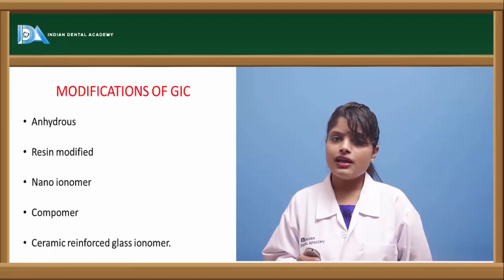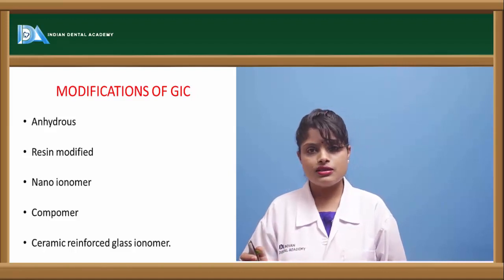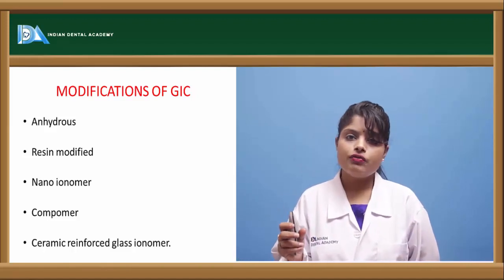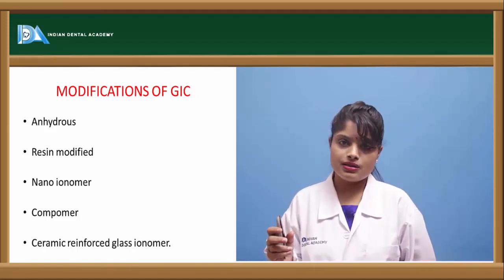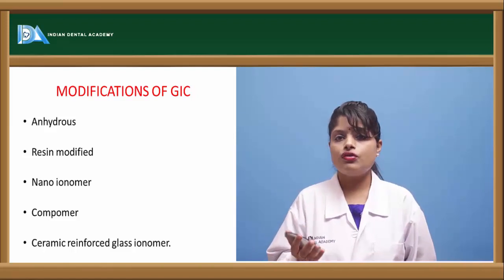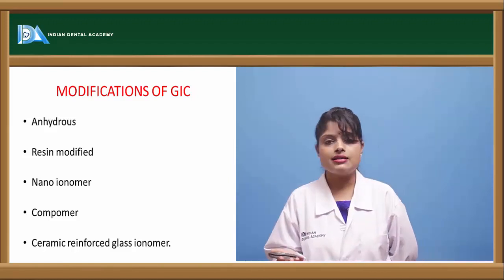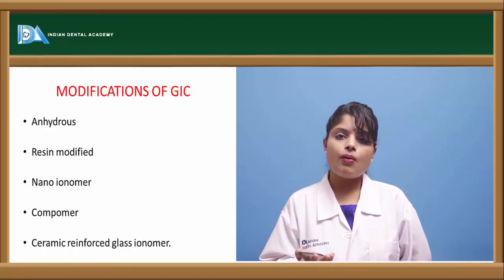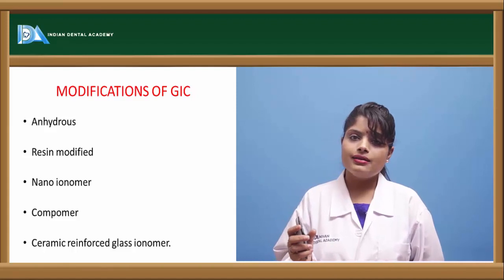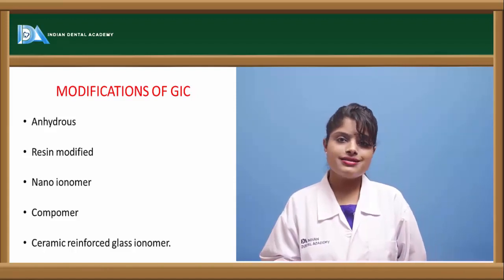There are certain modifications of glass ionomer cement, like anhydrous glass ionomer cement, in which only the powder form is available. So there is no liquid form in anhydrous glass ionomer cement. The second is the compomer, which is a combination of composite and glass ionomer cement. The third is the resin modified glass ionomer cement, which is a combination of glass ionomer cement and resins, which has superior properties of both the resin and